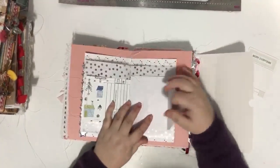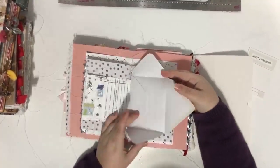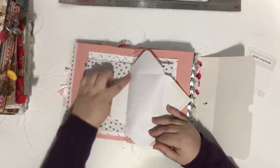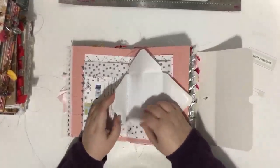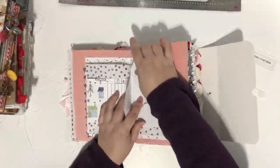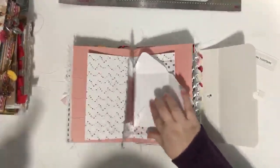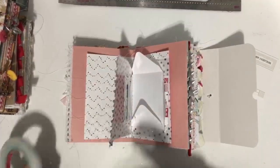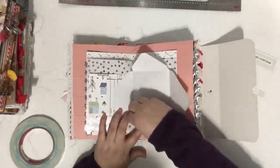So then I also added here a pocket. It's actually an envelope. So what I did is I undid the envelope, stitched it into the middle of the page, and then what I'm gonna do eventually, actually I'll do it right now while you guys are here, is just add a little bit more adhesive back because I pulled it apart. And then it's like I got an envelope in the middle of my signature here,